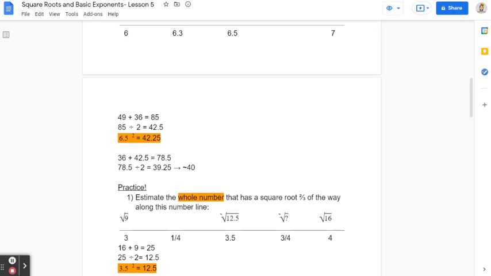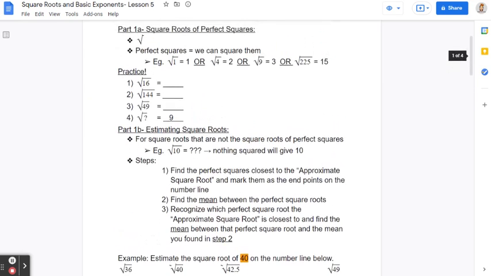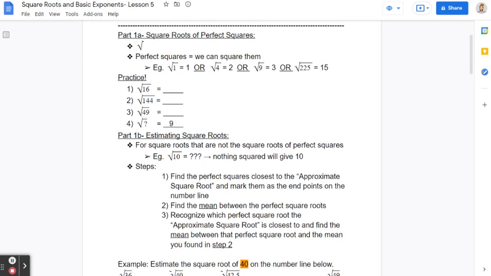And basically, in this case, we would be given square root of 9, which is 3, and square root of 16, which is 4. So we know our endpoints. And we're also given how far along the number line we have to look: 2/3 of the way. So in this case, 2/3 of the way would be somewhere around here, and this is what we're finding. So now that we're given the data here, we can skip step 1 and start with